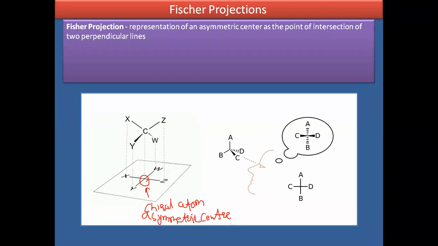When an observer looks at a particular structure, the observer sees the structure like this. Here, the C atom is above the plane, meaning near to the observer, whereas the D atom present in the structure is behind, meaning far away from the observer. Then they determine the structure in a 2D plane in the form of a Fischer projection like that.